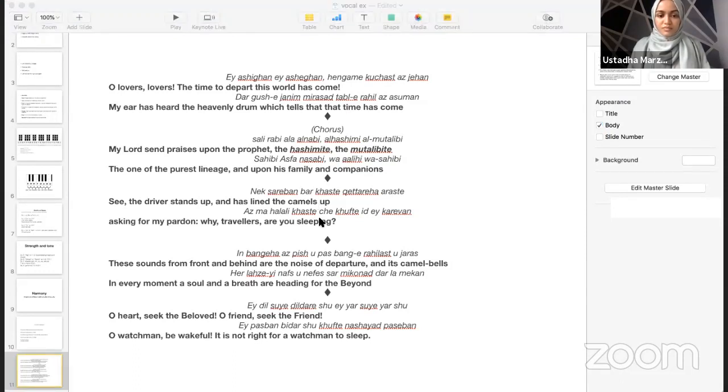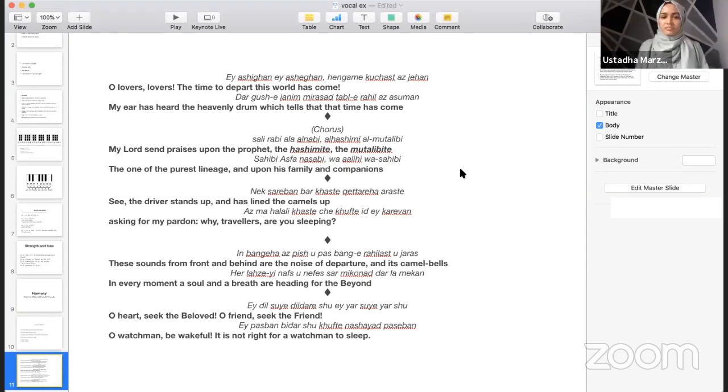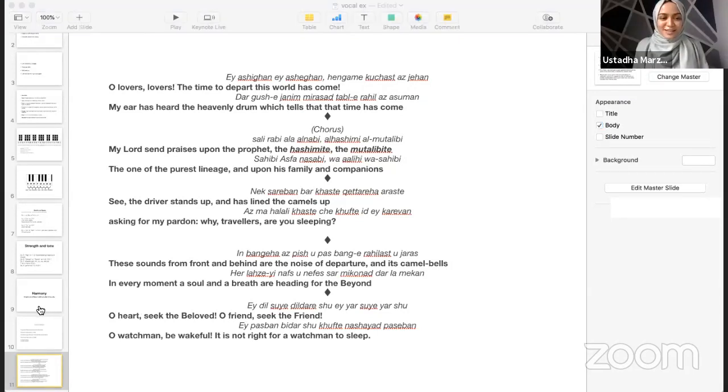Okay. So shall we try that? Would you like to unmute yourselves? So I'll just unmute you. Okay, so correct. So I'll play it again. I want you to try and sing along. Okay, so let's start. 1,